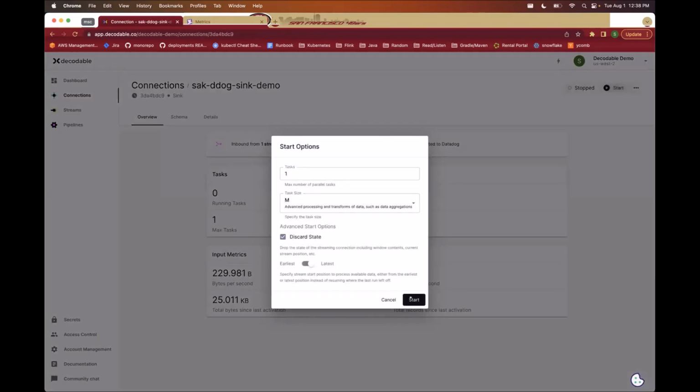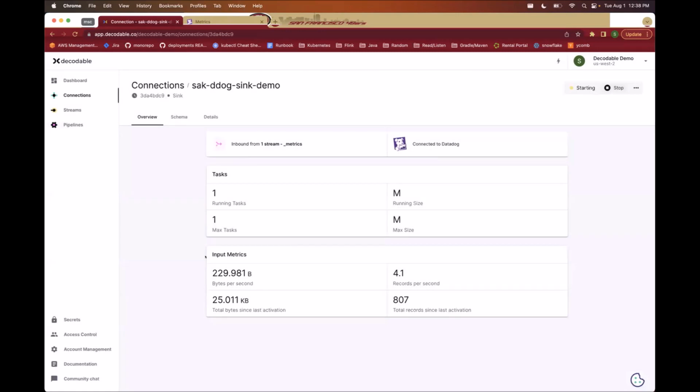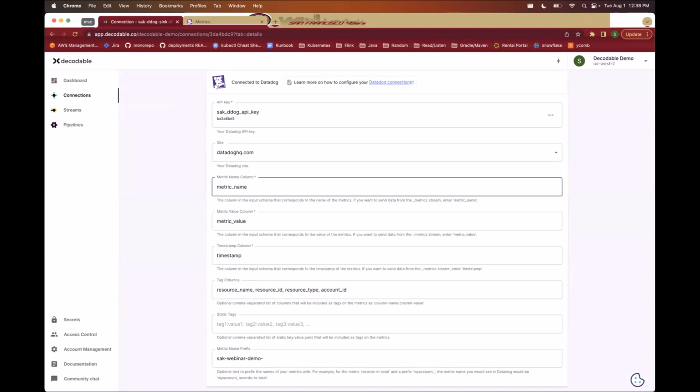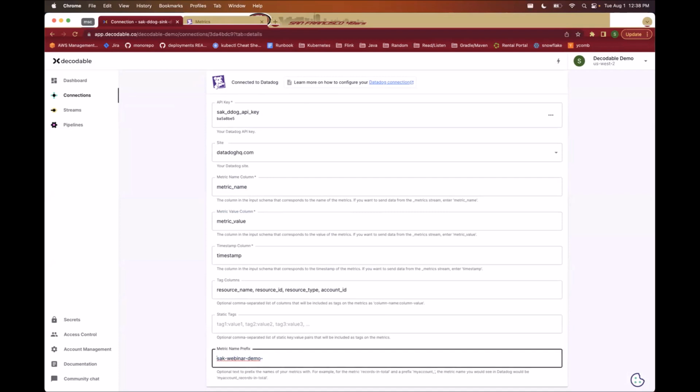And what I'm going to do is start from the latest offset, because let's just say all I really care about are the state of the Decodable jobs running at this particular moment onwards. So what we should expect to see are these metrics flowing in, corresponding to the particular timestamps at which they're generated. And there's this extra meta field here called a metric name prefix, which I've set to sock